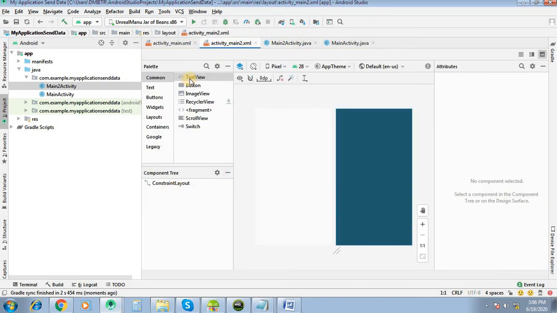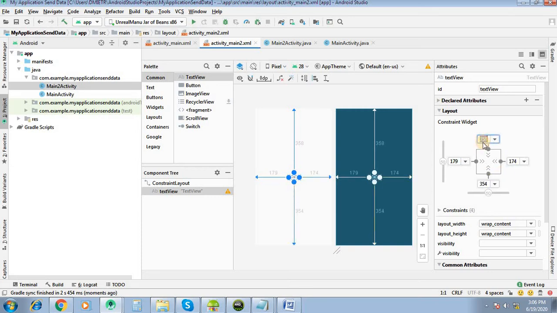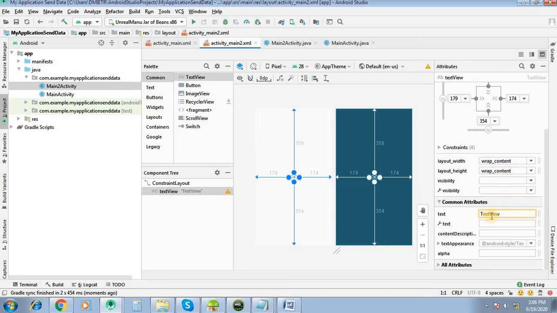On this activity I will add a text view. I will set the value from activity 1 to this text view.